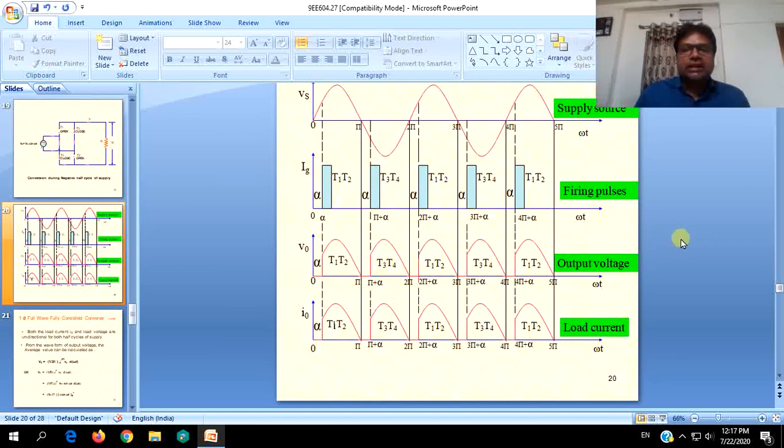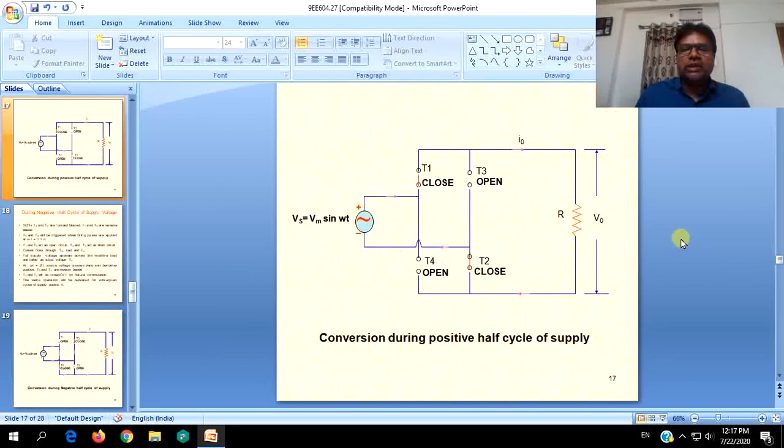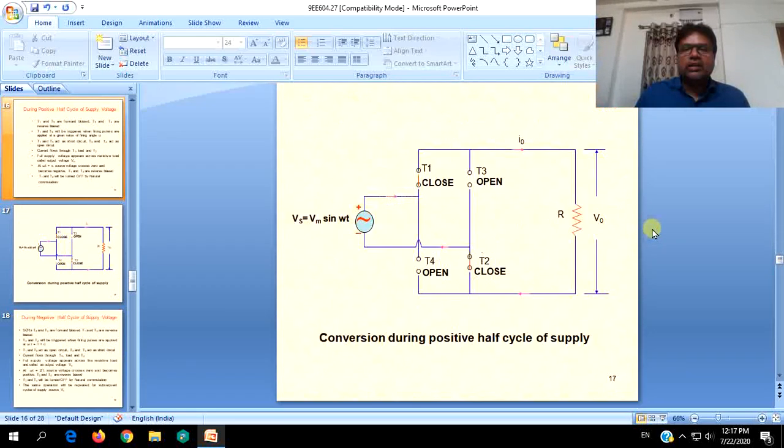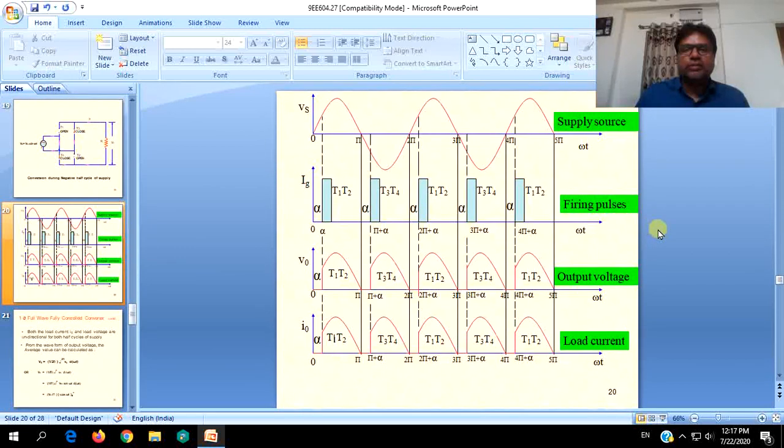But as the direction of current through the load is the same as the previous one, the voltage will be positive instead of negative. The same sinusoidal voltage will be appearing across the load, but in the positive direction, as well as current will also follow the same pattern. It will be in the same phase with the voltage, but with a different magnitude, or simply V0 by R. I0 will be equal to V0 by R. Again, in this half cycle, conduction takes place from pi plus alpha to 2 pi.